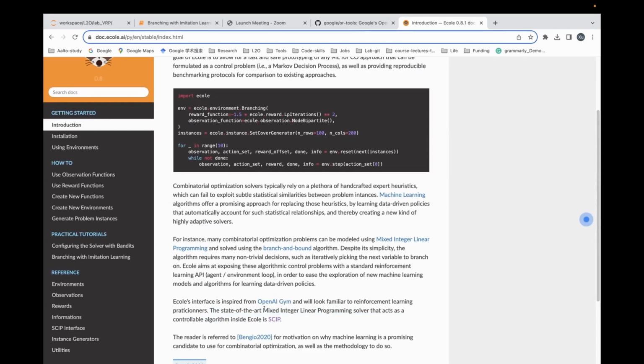So usually vehicle routing problems use specific heuristics and algorithms. So the research on combinatorial optimization and vehicle routing problems is not exactly the same.